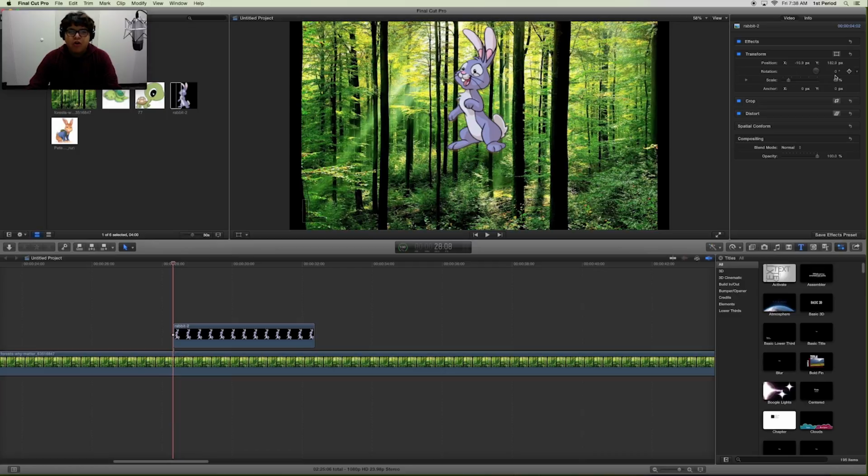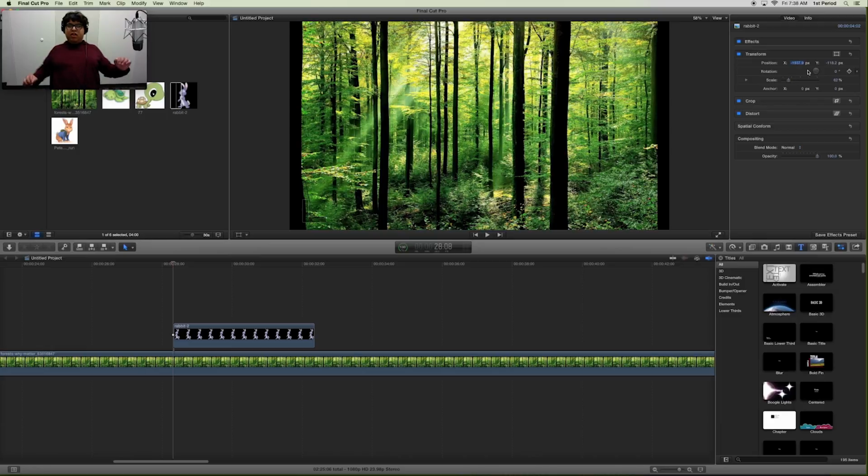Now, before you start adding your effects, you want it to be where you want to start. So say I want the rabbit to start off screen and pop open over here and just slide across the screen. I can do that. Since it's already at the position negative 1937.9, it'll start there. There are multiple ways I can do this. The most basic way is just to add the keyframe there,